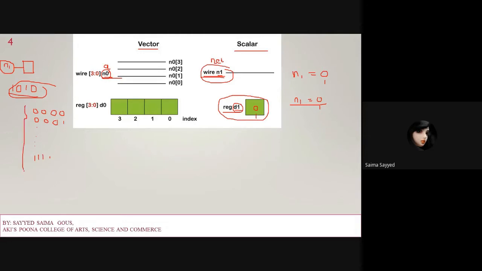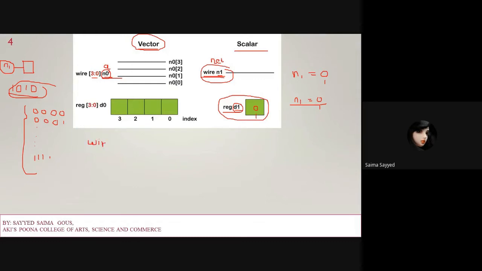So there are 16 possibilities for this particular 4-bit number. So N0 is a 4-bit number, and it is defined in terms of vectors. Here the range is given from 0 to 3. If I want to define a 7-bit number, I have to write wire.